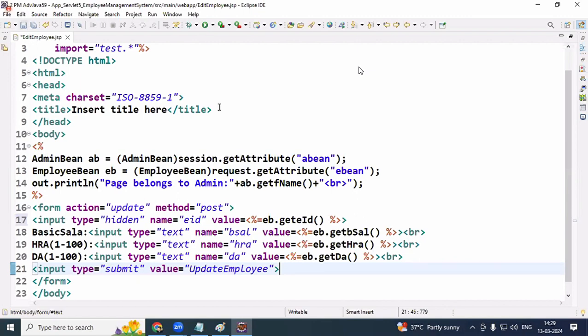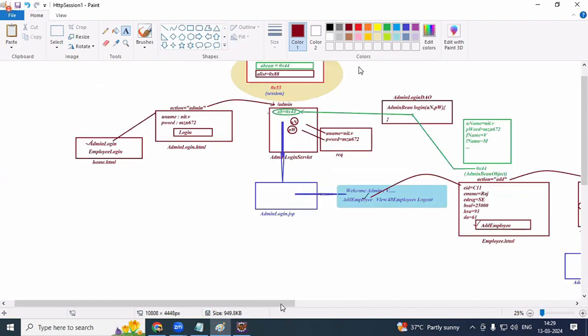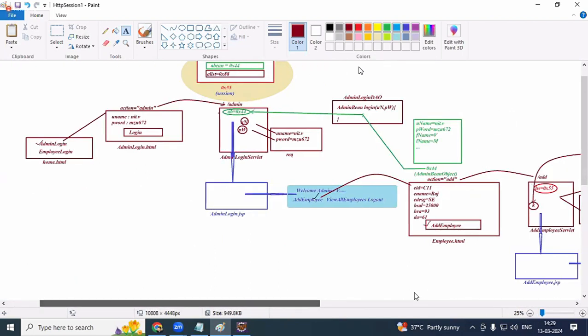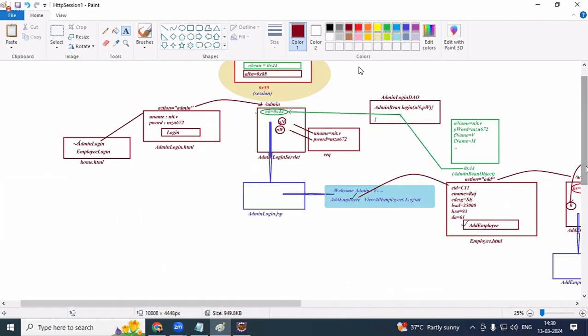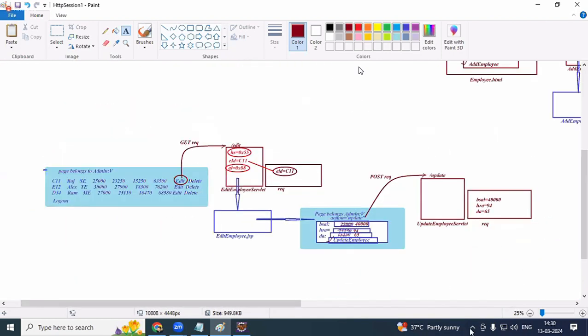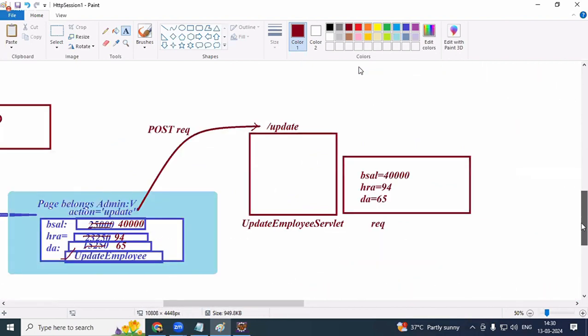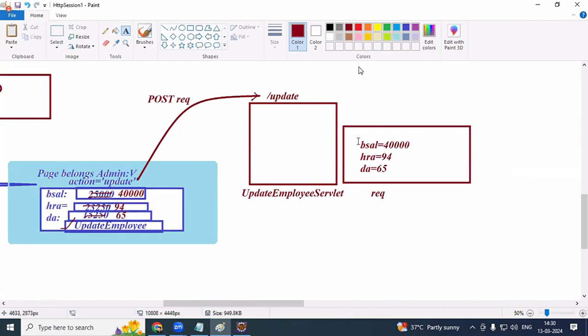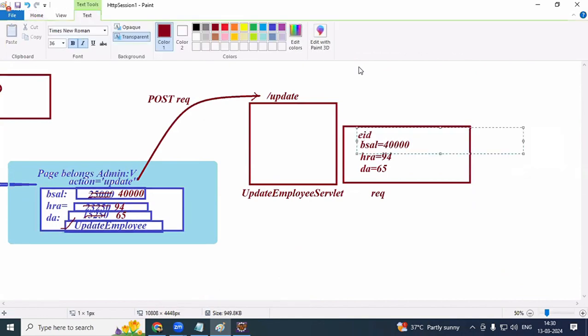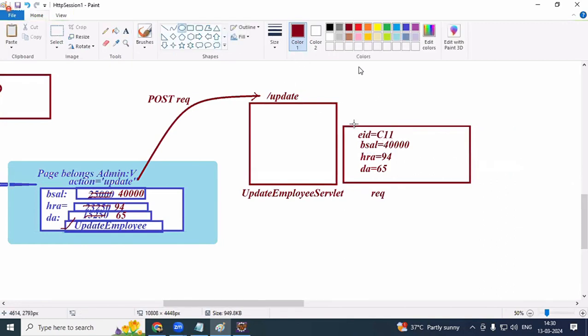So whenever I submit the data, what happens here? EID is equal to C11 also will come. Employee code also will come. The user cannot see it, but whenever I submit the data it will come here in the form of a hidden form field. All of you understood this? Yes or no? Right. Now using that employee ID,